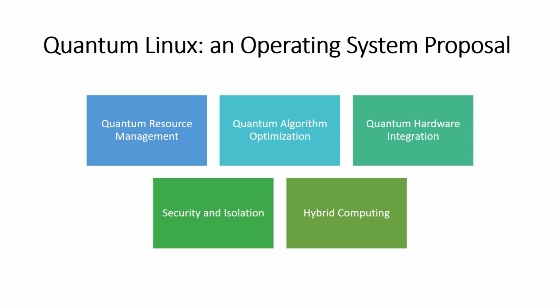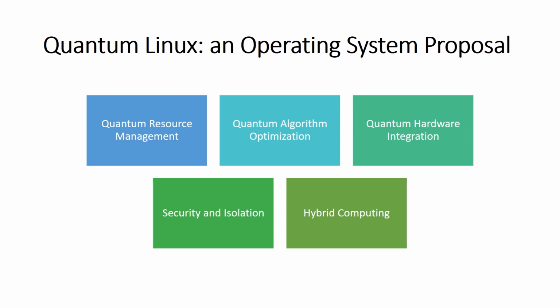Quantum algorithm optimization. Quantum Linux should include a suite of optimization tools tailored for quantum algorithms. And these tools aim to reduce gate count, minimize the depth of quantum circuits, and optimize gate ordering. Like skilled craftsmen refine their work to perfection, Quantum Linux should be able to refine quantum circuits to minimize errors and enhance efficiency. It needs to perform gate-level optimizations, including gate fusion and gate cancellation, to ensure that quantum computations are as accurate and fast as possible. Additionally, it should also support various quantum programming languages, making it accessible to a wide range of developers and researchers.